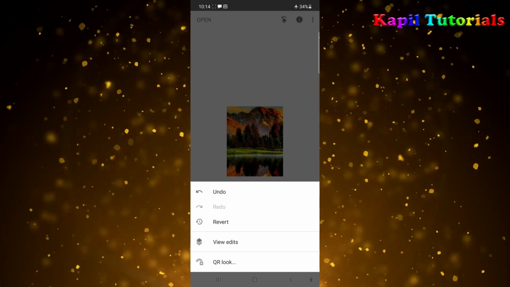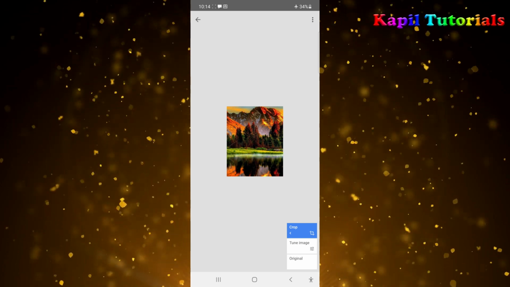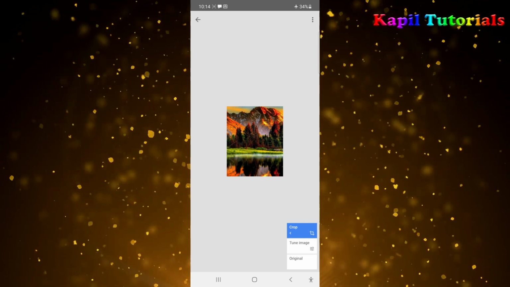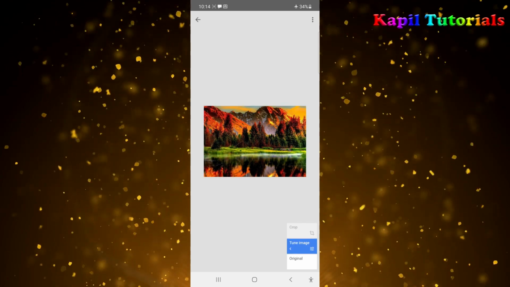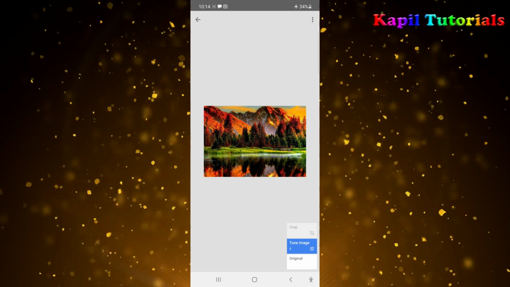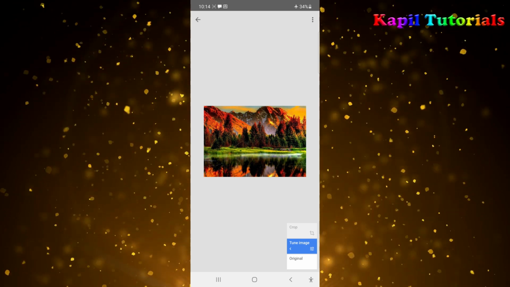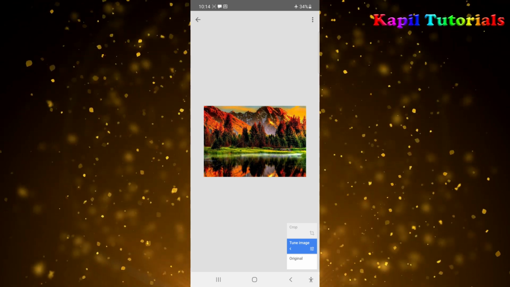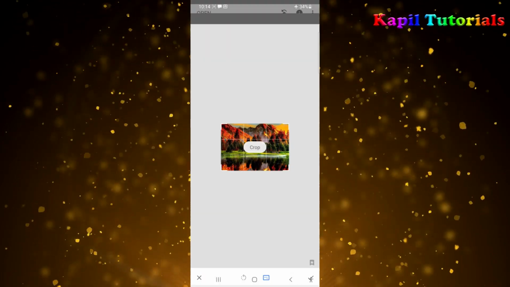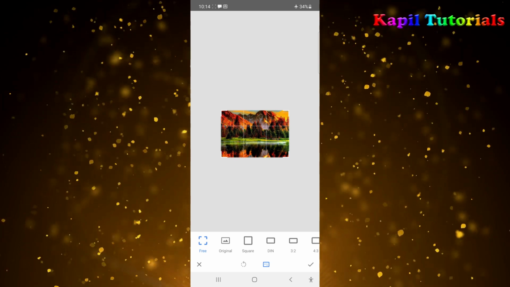And here at the bottom you could see the various edits like crop. I have done tune image. So if I click on tune image, it is back, and the effect which I have given during using the tune image, that effects will come back. So I hope this is also clear to you. So since crop is also very much clear, nothing was there, only you have to cut the unwanted parts.